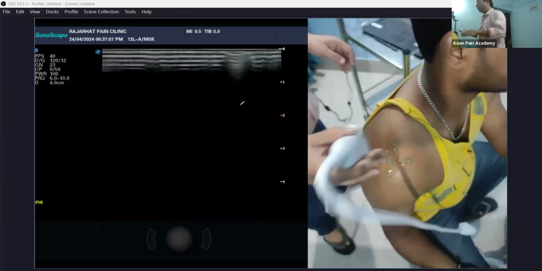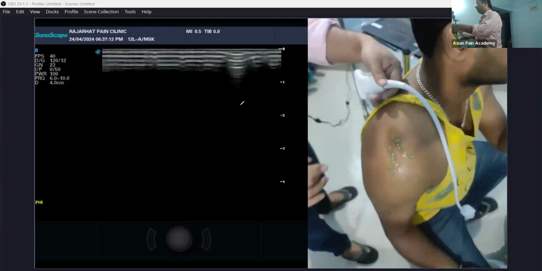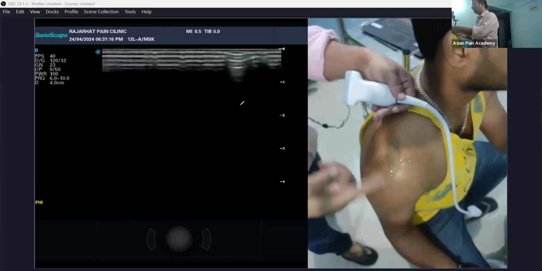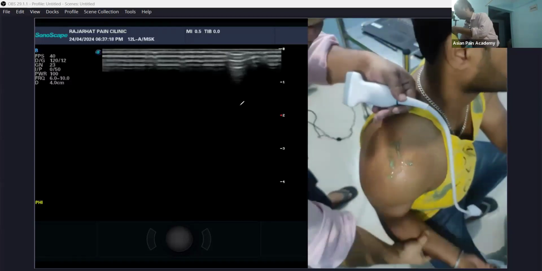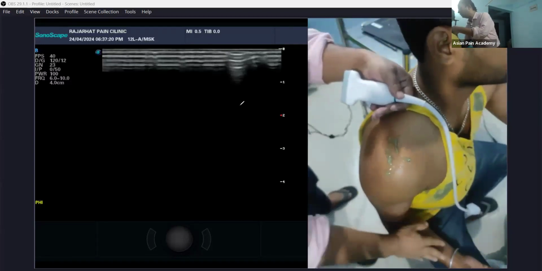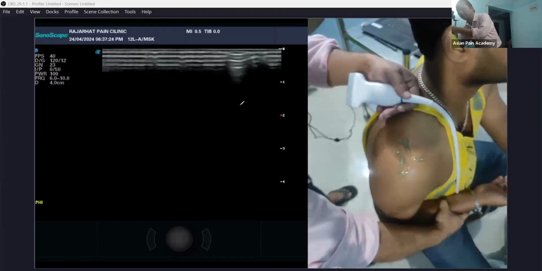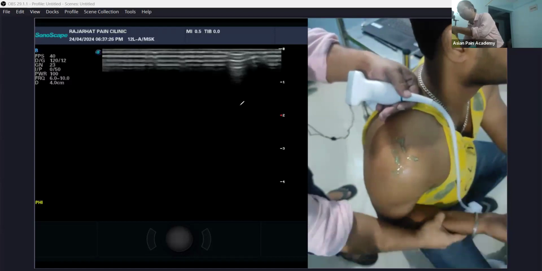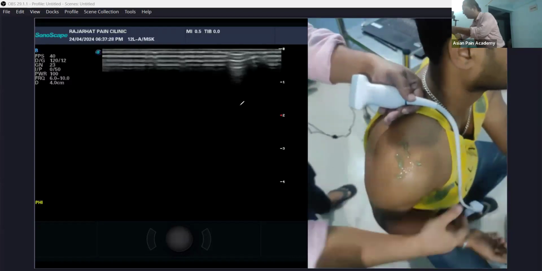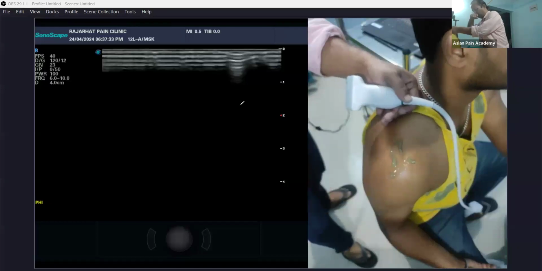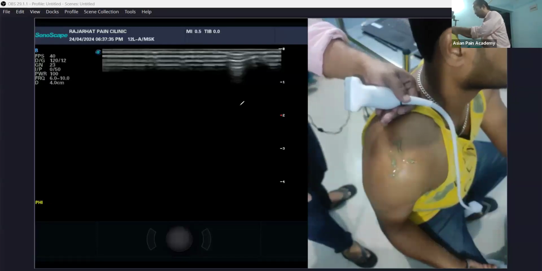Now it is the supraspinatus. So let us see the supraspinatus muscle. While seeing the subscapularis, the patient volunteer was in the neutral position, and I did internal rotation. This is internal rotation, this is external rotation. So I did this external rotation mainly to see the whole tendon. Head comes out, rotates like this and the tendon also comes out